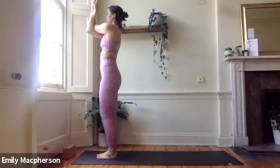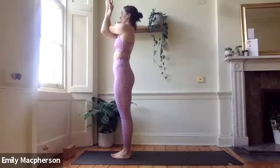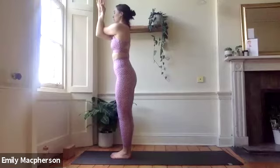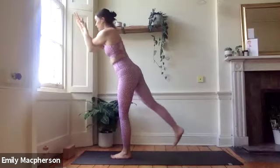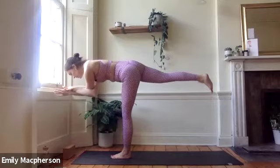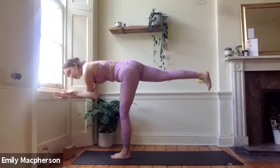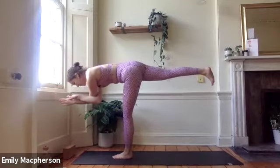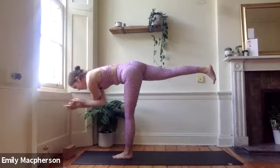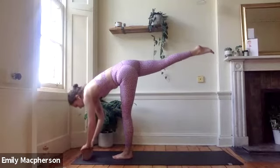So we're going to lift our right leg back as we lean forward for warrior three. So feel strong in your left leg. Sweep your right leg back and lean forward. Try and keep parallel in your hips. Point your toes to the ground. Breathe here. You've got this. Okay, drop those fingers down to either a block or the floor and lift that right